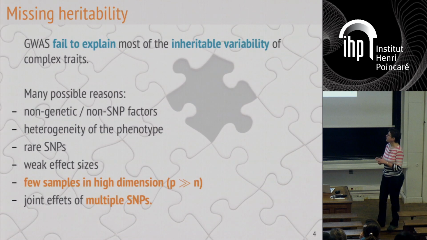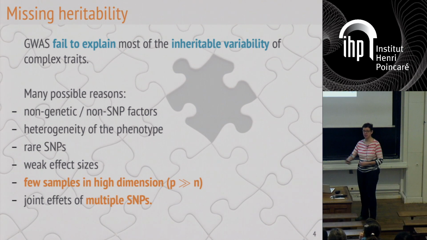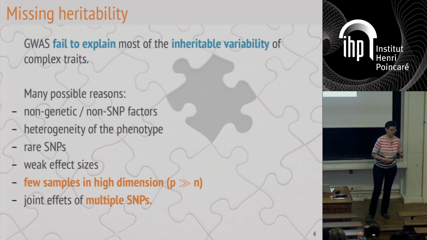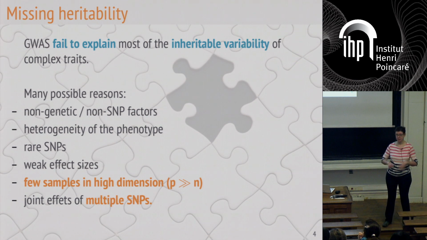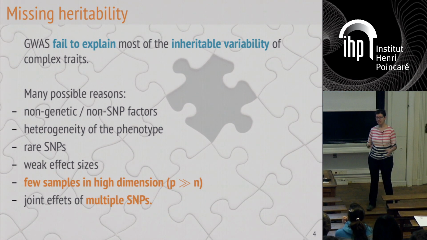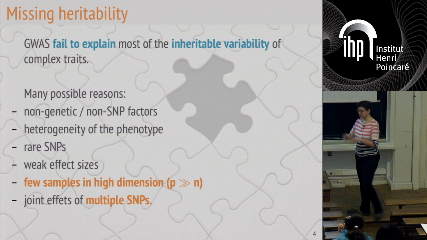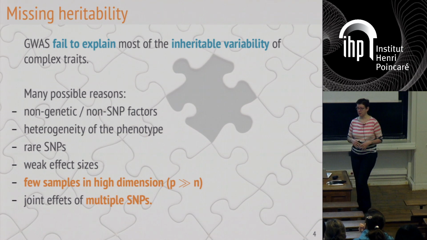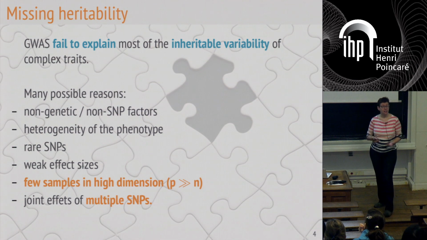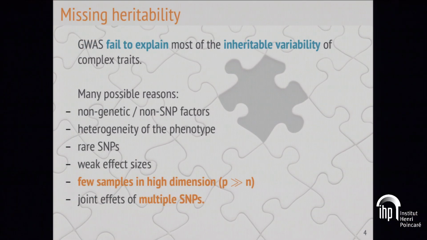All right. So GWAS came out about 15 years ago, and geneticists thought this was going to solve everything. We had sequenced the genome, and thanks to this type of study, we were going to be able to understand everything about our genomes. It turns out that the problem is much more complicated than that for many reasons, including the fact that we're not measuring everything that is involved in the problem, but also the fact that, as I've already mentioned, we're statistically underpowered because we have so many features and so few samples.